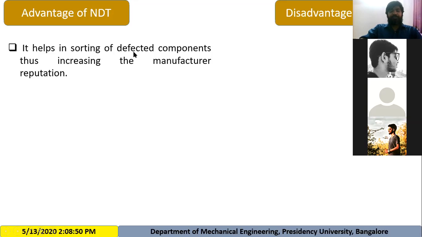Okay, so by using these testing methods, we can sort the defected components and thus increase the manufacturer reputation. If you are able to sort each and every defected component, the defected component is not going to reach the consumer, and so the consumer will be happy and have good faith in your industry.